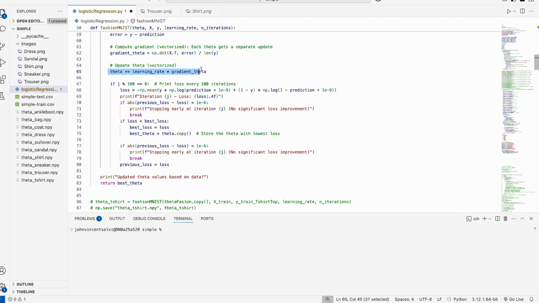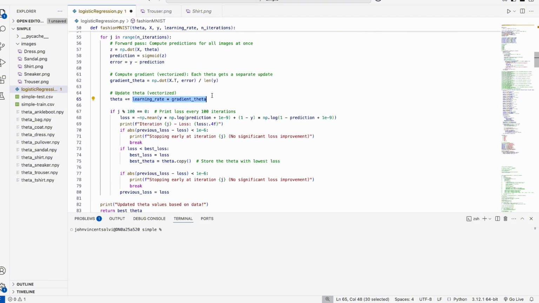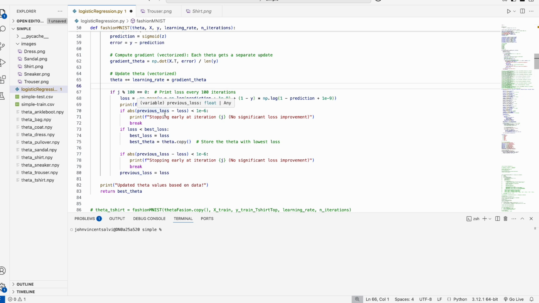Remember, I told you we're going to apply our learning rate each time we want to add a step to our theta. So our theta is initially 0. Then after the first run through of the first iteration, we have some gradient, some step. It could be huge, right? Huge slope. Theta is going to go straight up or straight down. And we want to only take a small step by adjusting the theta ever so slightly. So when we pass it back through, it's not going to be throwing our values